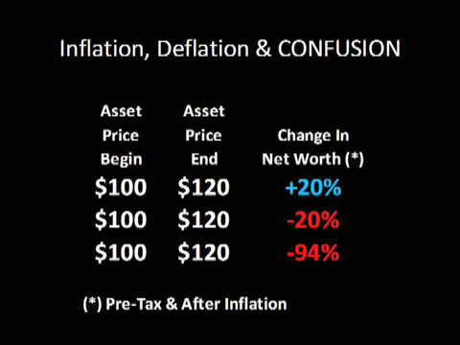So, 3 scenarios. In each case, we start with the same price, we end with the same price, but we have 3 radically different outcomes for our net worth. Now, if you take what some people consider to be the smart route of using a theoretical economics definition of changes in money supply, those outcomes will be impossible to tell apart. However, if we use a methodology specifically designed for practical, real-world investment decisions, then these differences become boldly obvious.